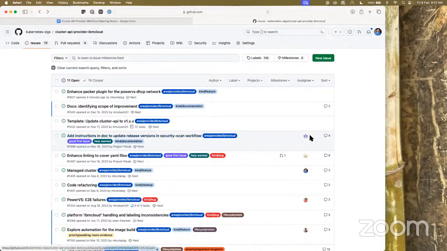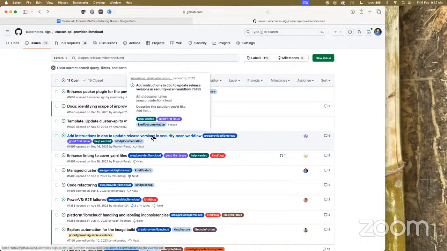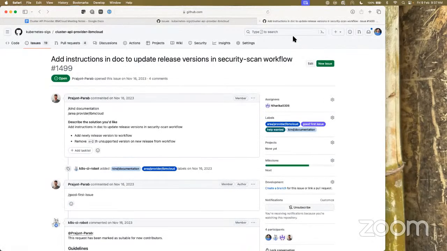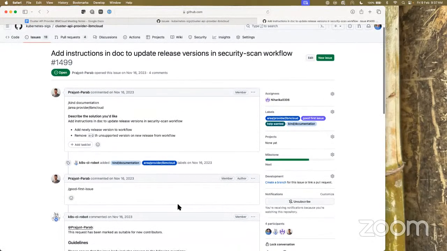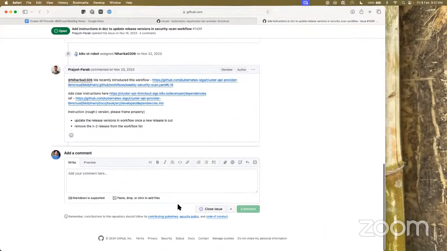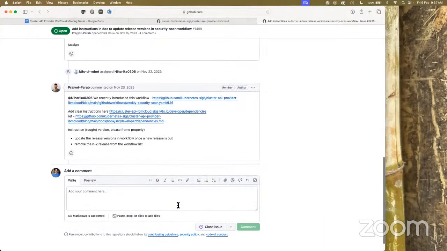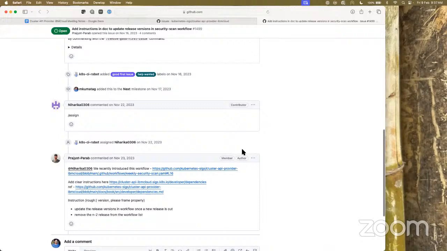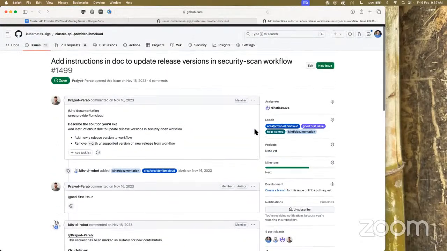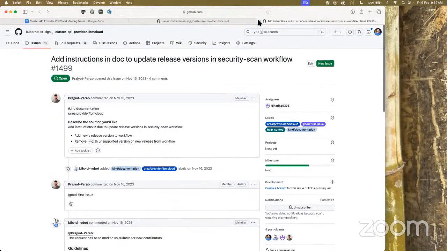What do we need to do here? Is Niharika looking into this? Any chance? Not sure, Manju, but she was supposed to complete this. I'll check with her. Okay, just check with her.